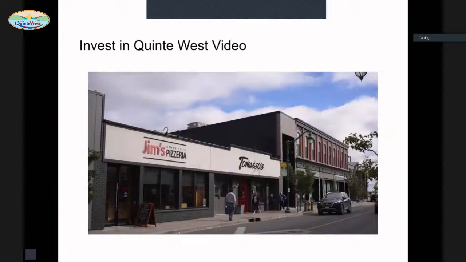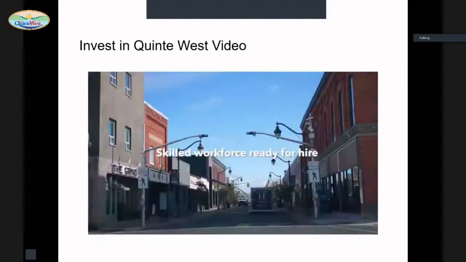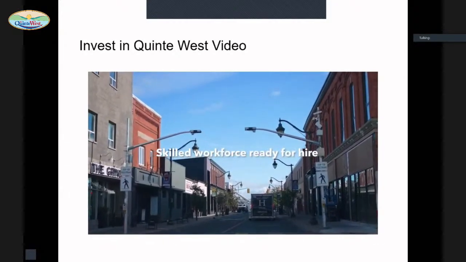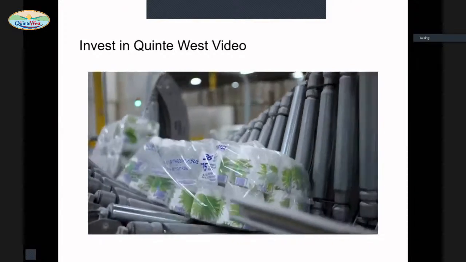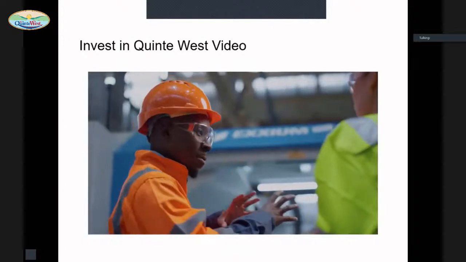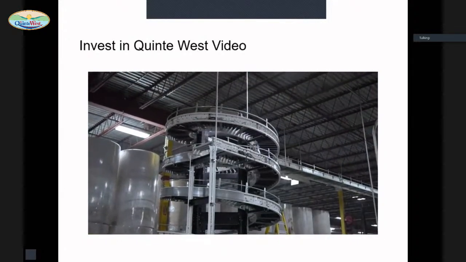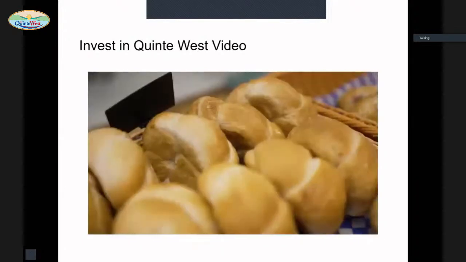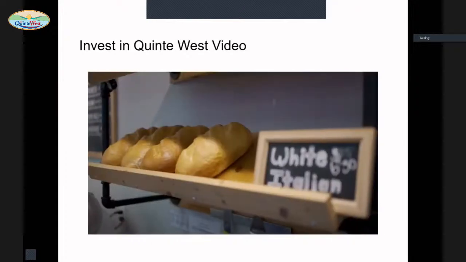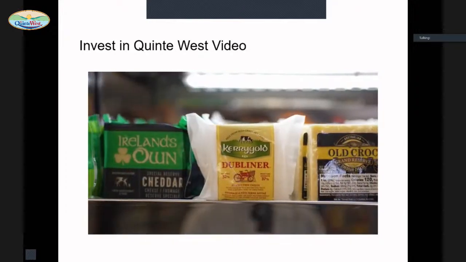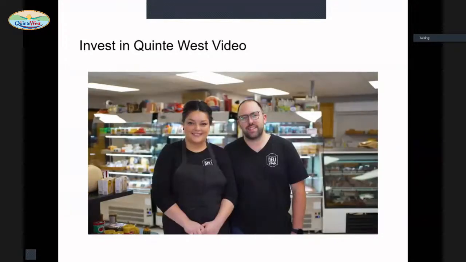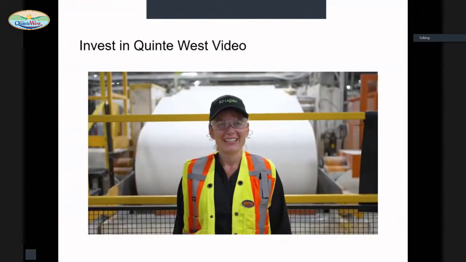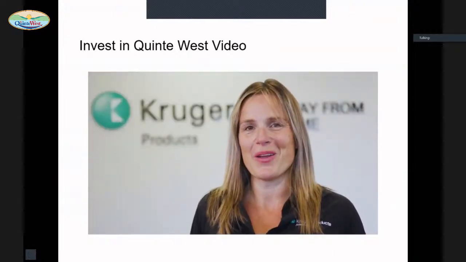It's small town mentality, but like bigger city offerings. We have great operators, great employees. We partner with Loyalist College. They have a manufacturing program, so when students are done there, they are ready and have the skill sets required to operate the equipment. And Quinte West has allowed us to continue to grow, employ more people, and offer more exciting, diverse offerings for the community. There is an entrepreneurial spirit here, which is really exciting. Come join us in Quinte West.